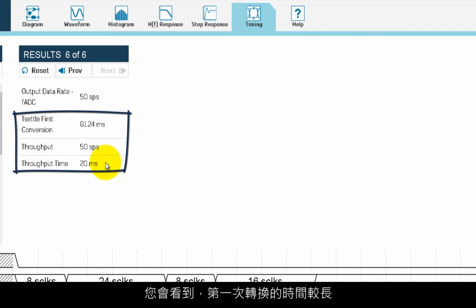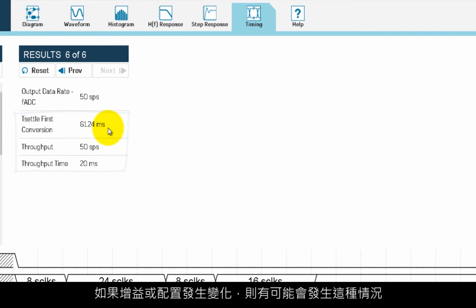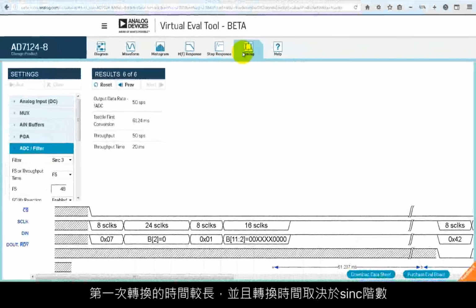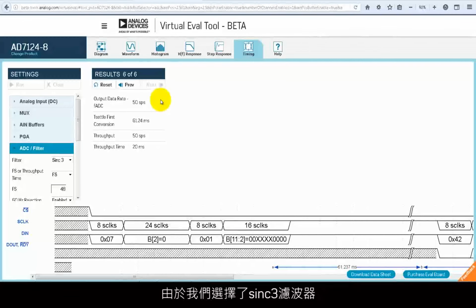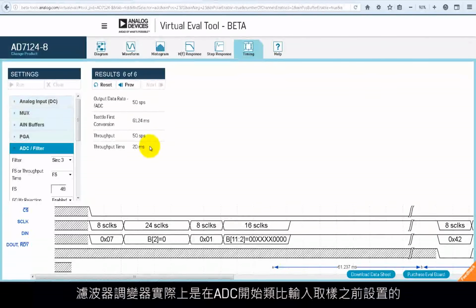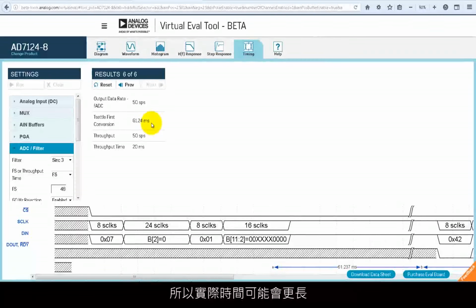You can see that the time for the very first conversion is longer. This would occur if, for example, the gain were changed or the configuration was changed. The very first conversion takes longer, and the time for that conversion is dependent on the sync order. Because we have a Sync 3 filter selected, the time for the first conversion is approximately 3/20 or 60 milliseconds. The actual time is slightly longer as the filter and modulator are reset before the ADC begins sampling the analog